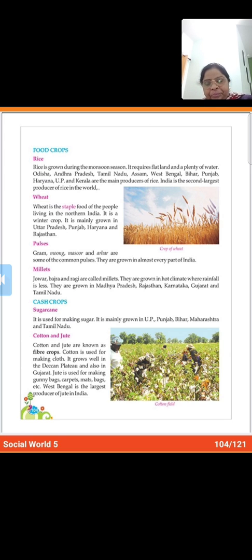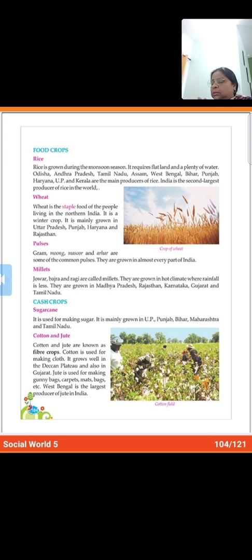It is grown in every part of India. No specific part is there. It is common because everybody is using it. And as it can be grown in winter and summer both, it's a Rabi and Kharif crop both. So it can be grown anywhere because climatic condition does not affect it.